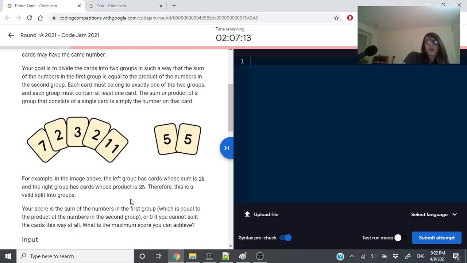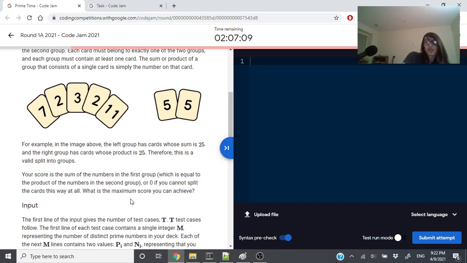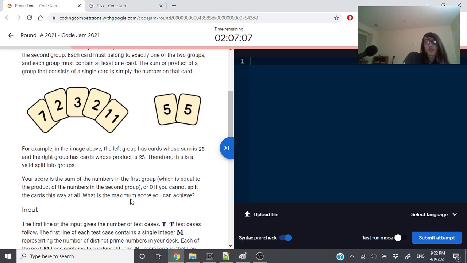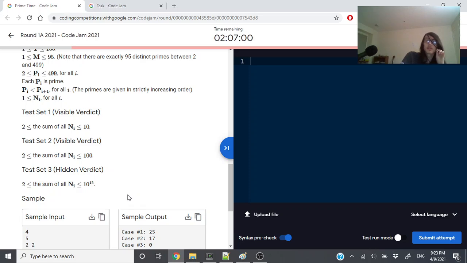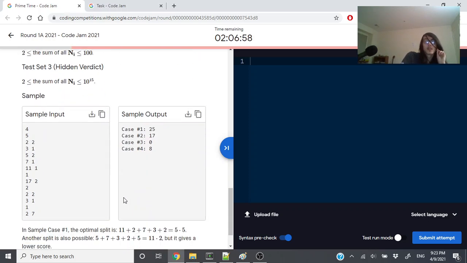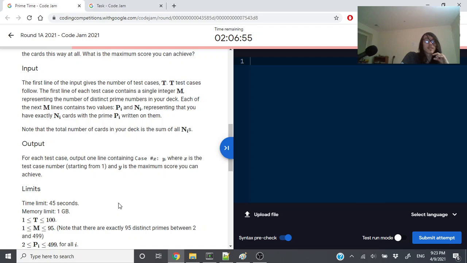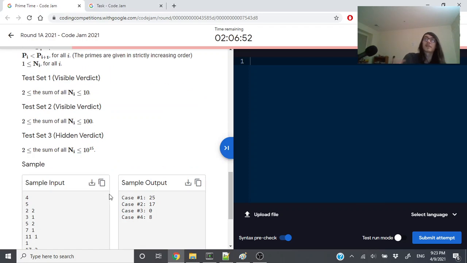Sum of the numbers in the first card. What? Very confused on how this works. Oh, do we have 7 2s? Oh, I guess that's how that works. Okay, that makes considerably more sense. I don't know how we would get 8 otherwise. Yeah, okay, so